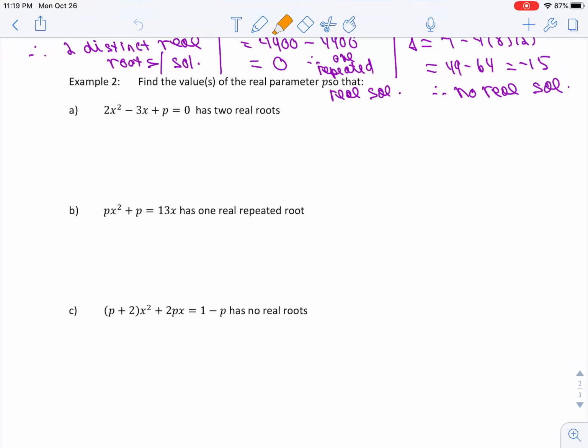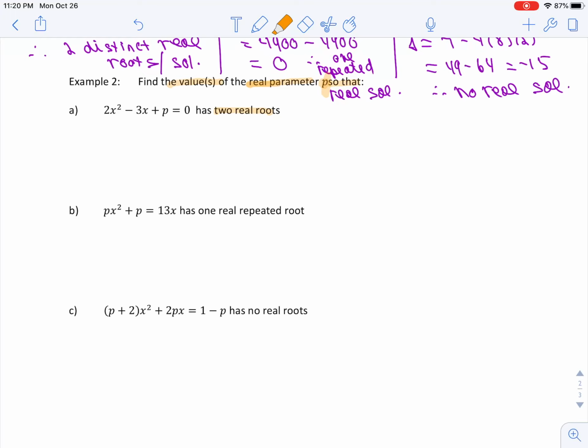This is video 3 in our lesson on reviewing the quadratic formula and then also talking about the discriminant of a quadratic equation. So to finish up, these problems are asking you to find the value or values of the real parameter p. So they're telling you that p is going to be a real number. So find the values of the real parameter p so that, and then we have three different situations, three different